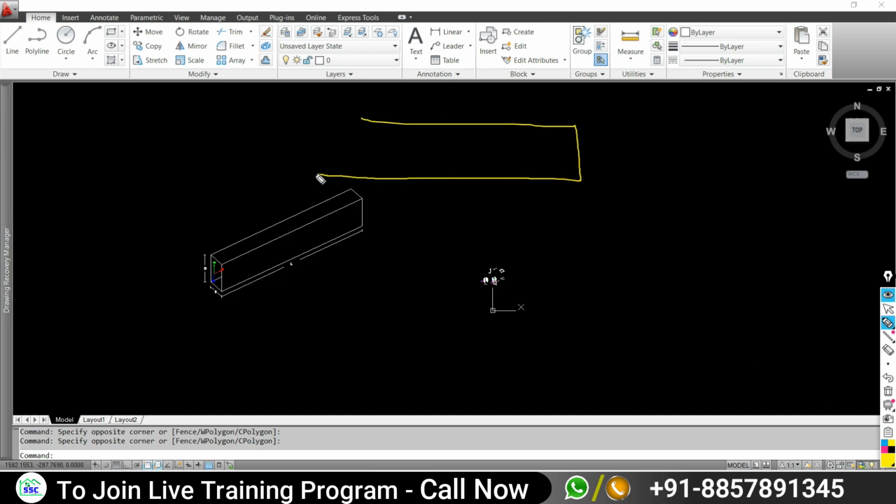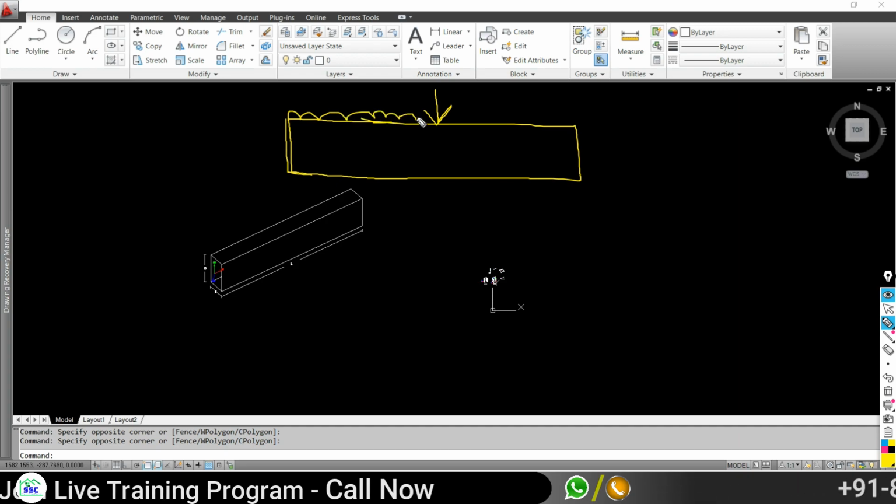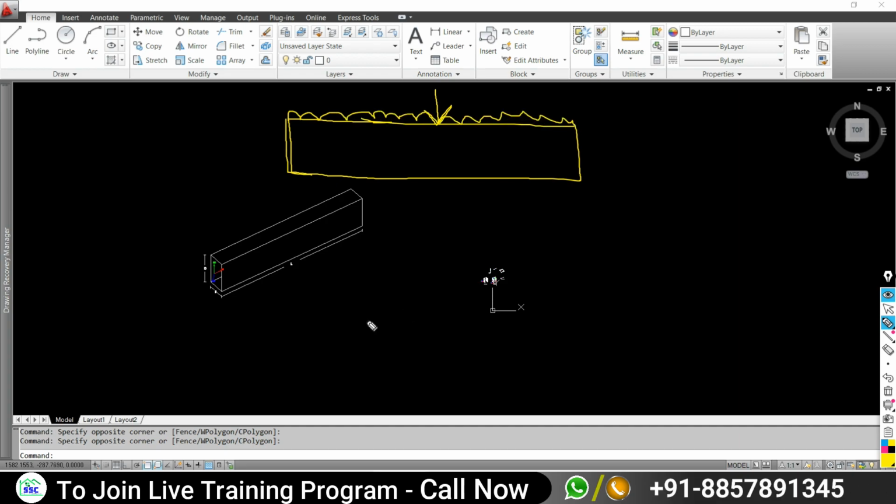So suppose the beam is subjected to any transverse load, whether it may be a point load or a uniformly distributed load, and suppose this is a simply supported beam having supports at both ends. Under the application of the load, what will happen? The shear force is going to be developed along the depth of the beam.